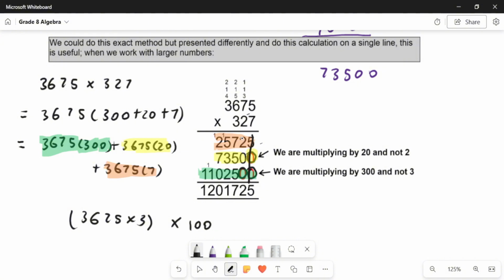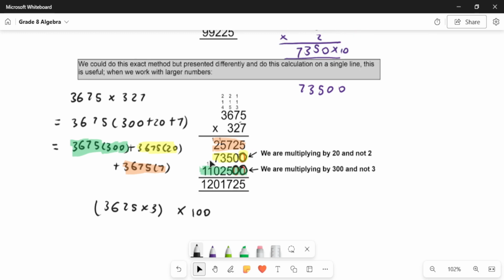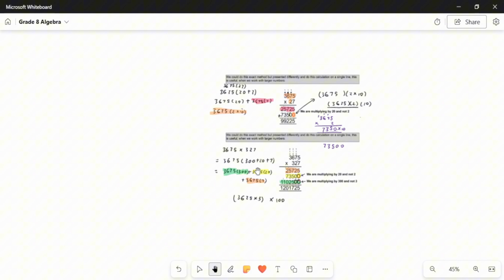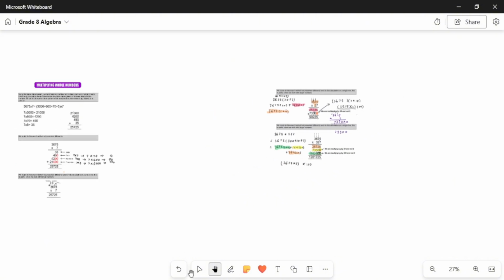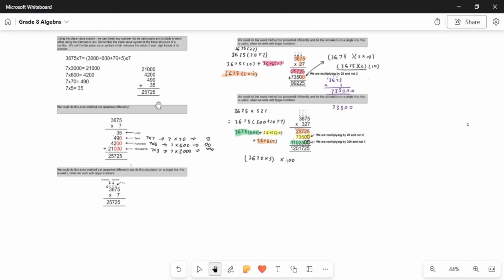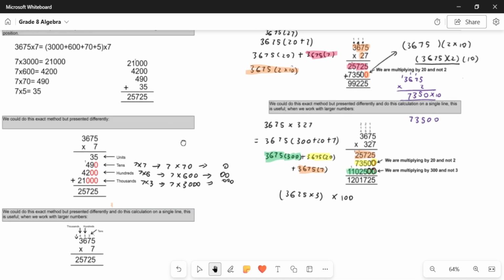And then when you add the units, the tens, the hundreds, the thousands, the 10,000s, the 100,000s, and the million, you will get 1,201,725. And so, although this may seem a bit complicated to you, listen to this, watch it again, see how we progress from this here. Check how we progress. Okay, and so now if we take this exact result and put it all together,